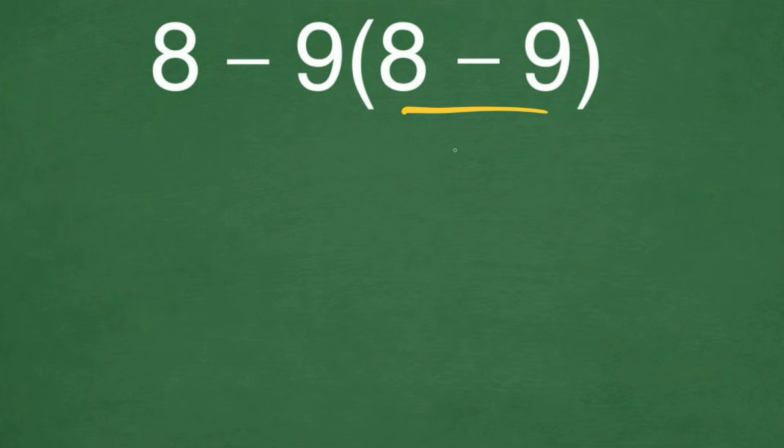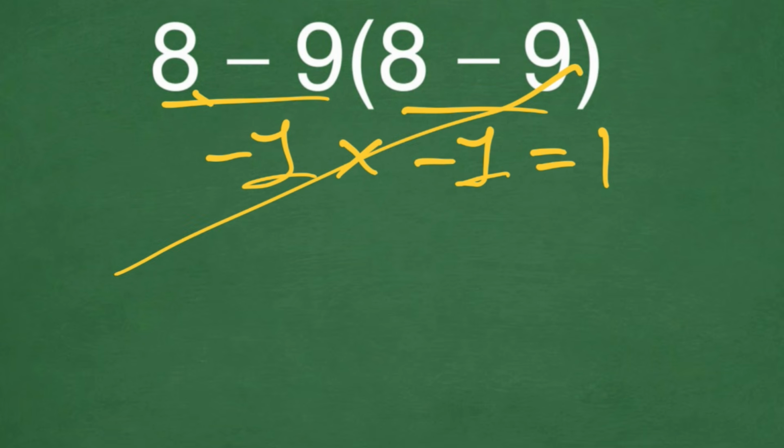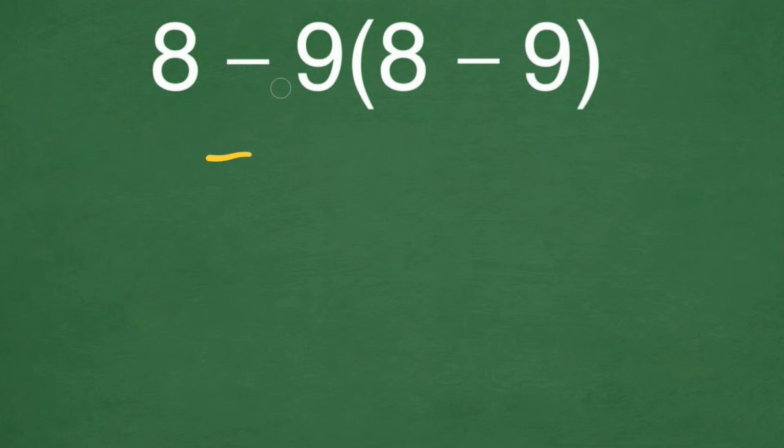8 minus 9 gives us negative 1. And here we have again 8 minus 9, and it gives us negative 1. And negative 1 times negative 1 is just 1, because negative times negative is positive. But this answer is not correct, because according to the order of operation, PEMDAS,